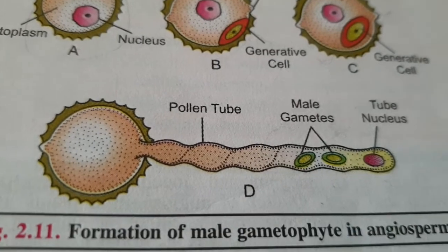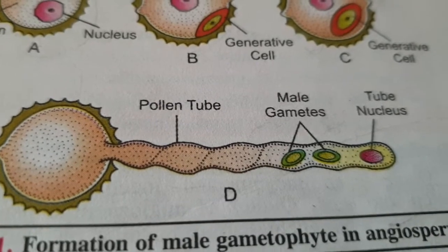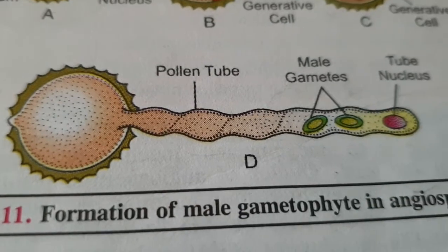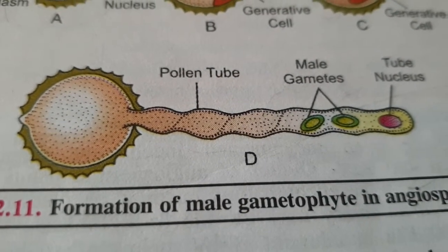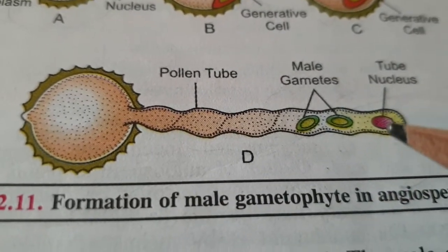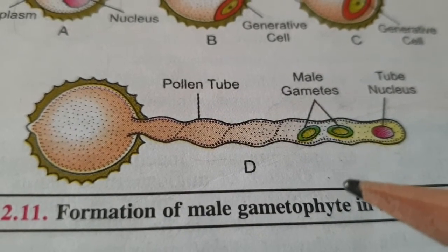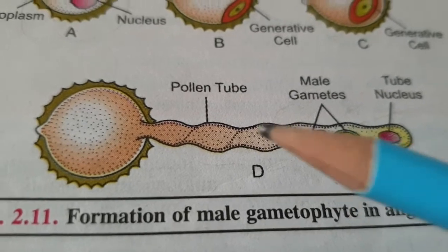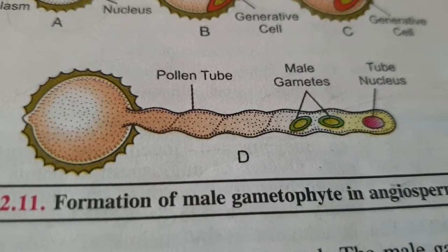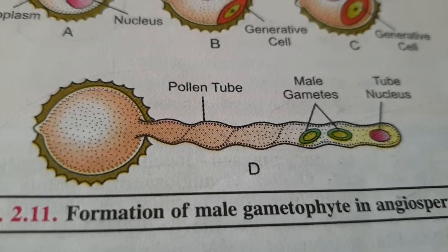So this is the whole structure of a male gametophyte, and a mature male gametophyte consists of 3 cells: 2 male gametes and 1 tube cell. The tube cell later completely degenerates during the process of fertilization, and it opens the path of the tube so that the male gametes can move to the ovary portion. So ultimately we can say that a male gametophyte consists of 3 cells, the 2 male gametes and 1 tube cell. So this is all about the male gametophyte development.